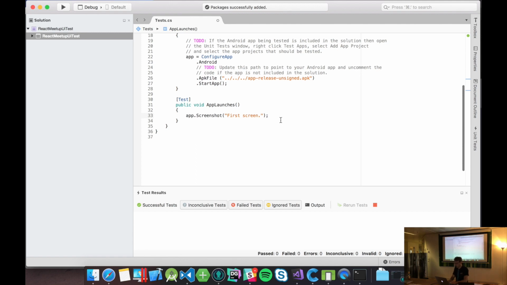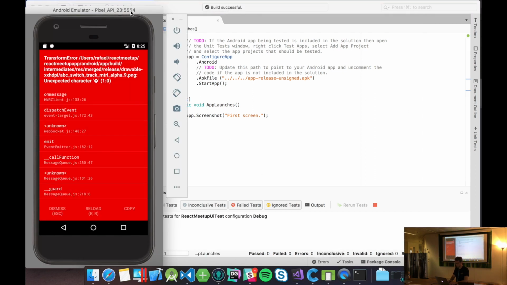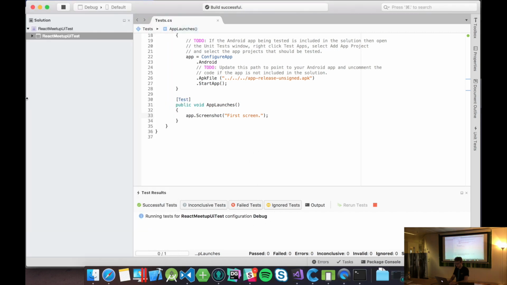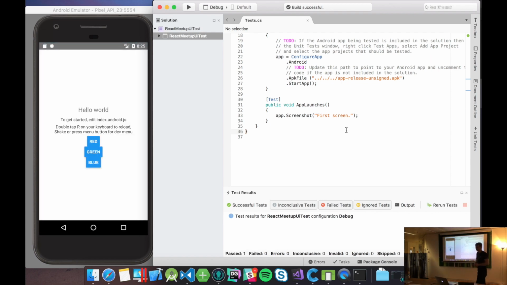And yeah, let's just run the tests. So I go to unit tests, run all. Build succeeded. Now on the right hand side I again have Visual Studio for Mac. On the left the emulator comes up and you see the app started. Nothing happens because we also didn't specify anything to happen. But what we can do now, and that's a pretty cool feature about the Xamarin UI test,